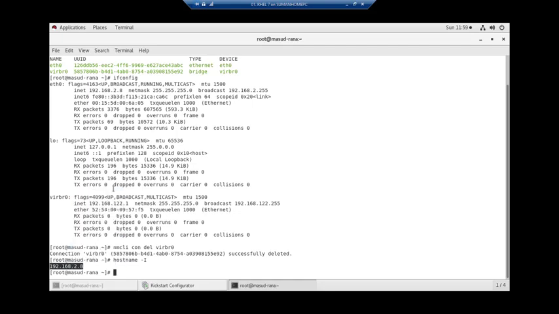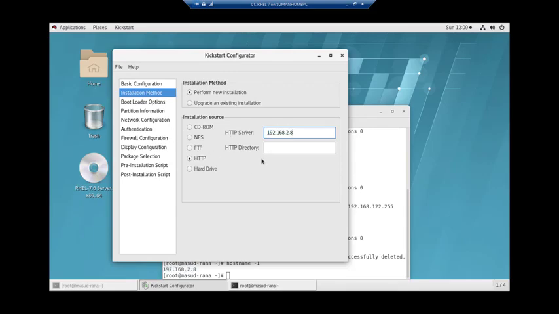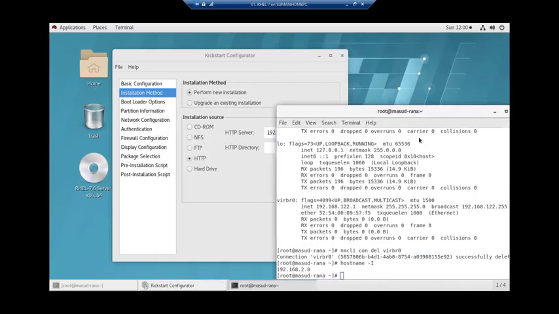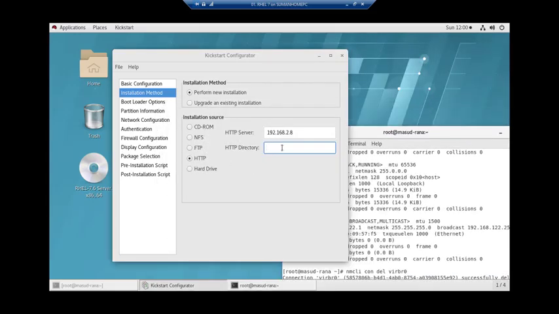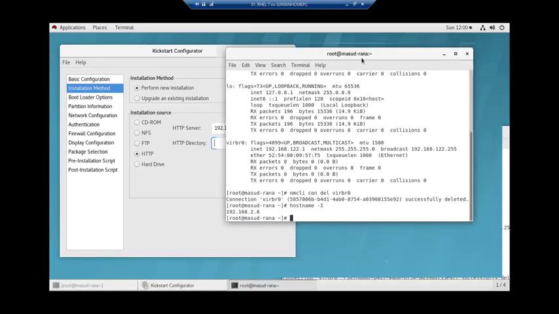So let me copy this thing. My IP address is the HTTP server, from where I will get the installation files. Installation files means installation media and kickstart file. It is that directory. I did not create this directory, so let me create this directory. I cannot create this directory now, because to support HTTP I have to install HTTP on my system. So how can I install the HTTP?